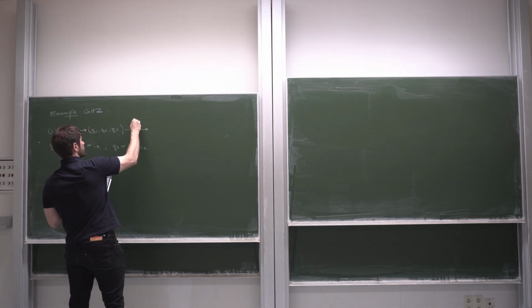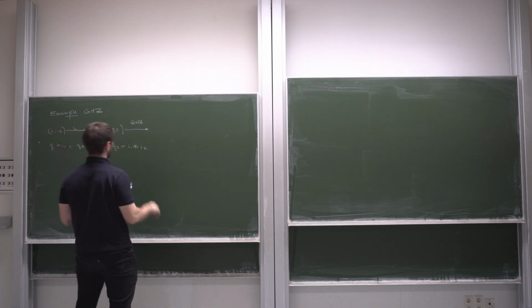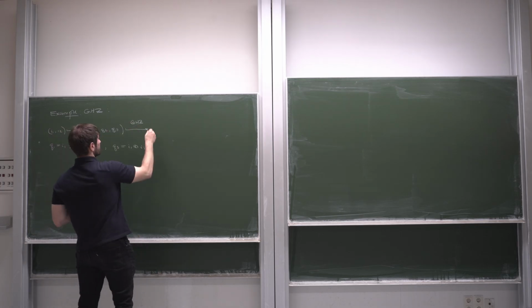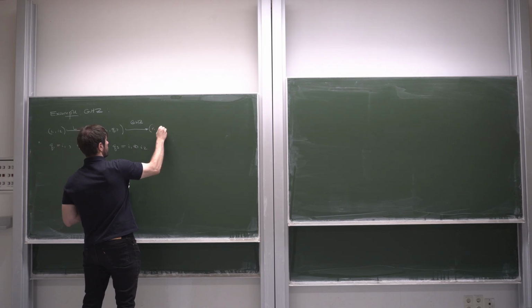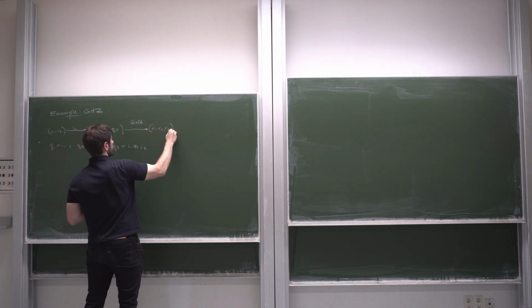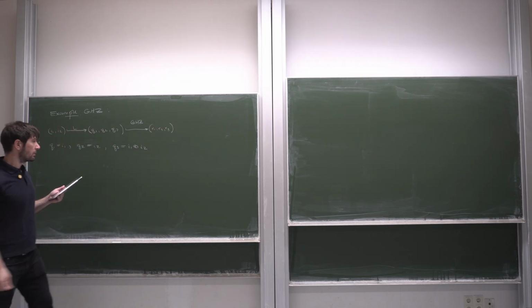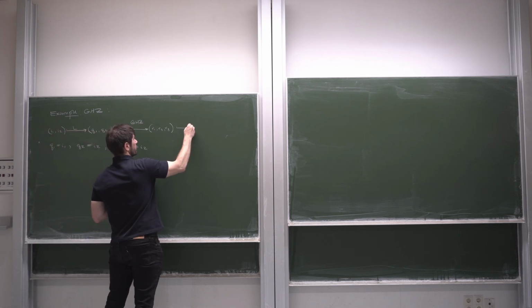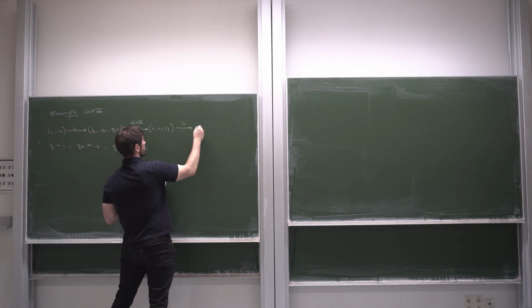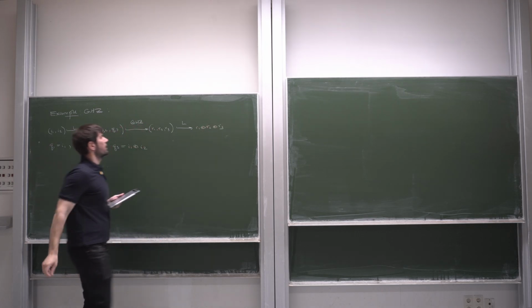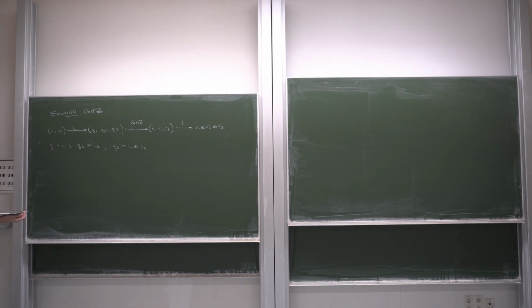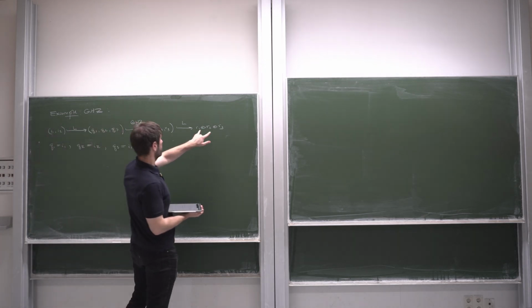So given access to GHZ, measuring certain Pauli X and Y, we get some outcomes R1, R2, R3, corresponding to each of the parties. And we use the linear side processor to compute the parity of this, R1, R2, R3. And it turns out to be the case, perhaps you remember, that the parity of